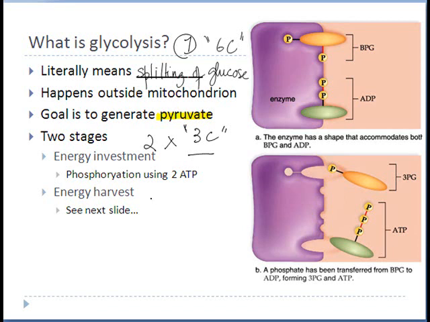Now, this stage actually has 2 parts. Just like if you started a lawn mower or some sort of a tool in your garage, and you need to prime it, which is to add a little bit of energy to it. Same thing is needed for glycolysis. In order for this process to initiate, it needs 2 ATP molecules, and this is more like the starting step,